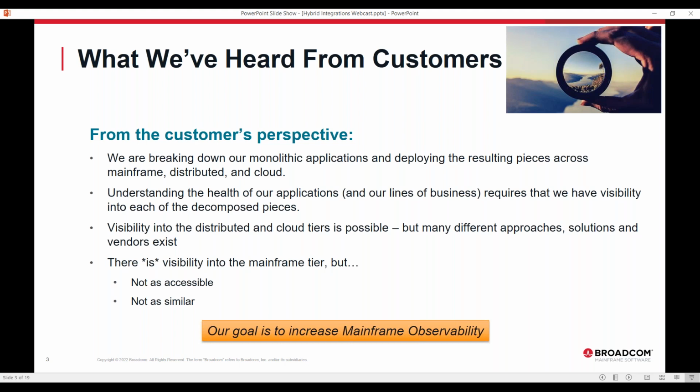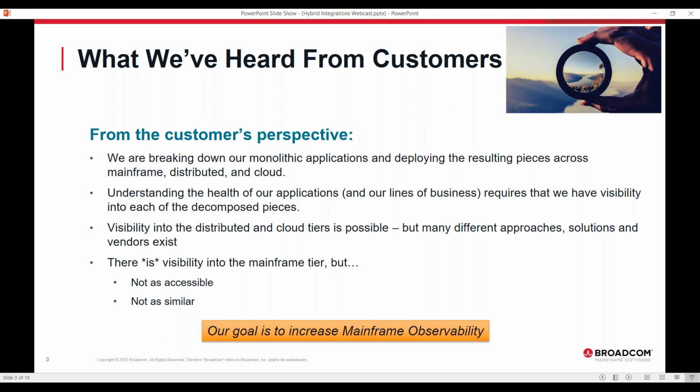Nobody's picking up applications and rewriting them somewhere else, or at least not many. But they are perhaps lifting and shifting and picking pieces up and deploying them in other places. There's also a lot of customers who are breaking down monolithic applications into microservices applications as well.